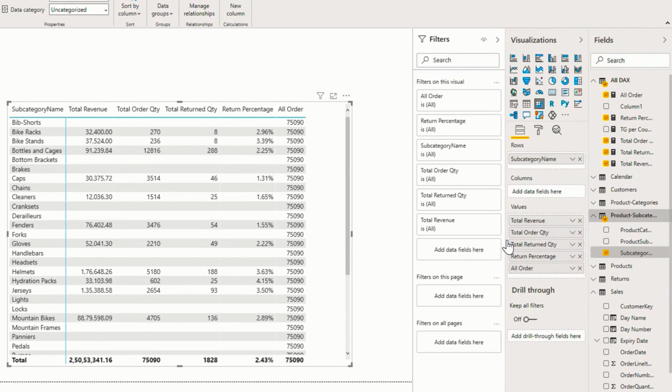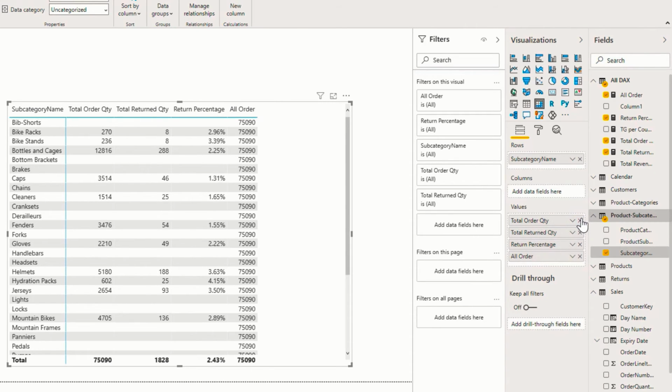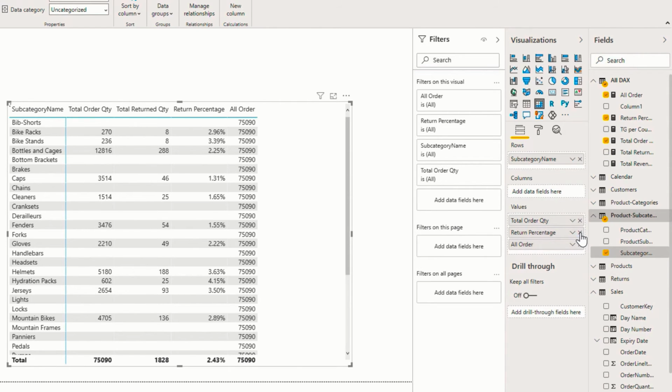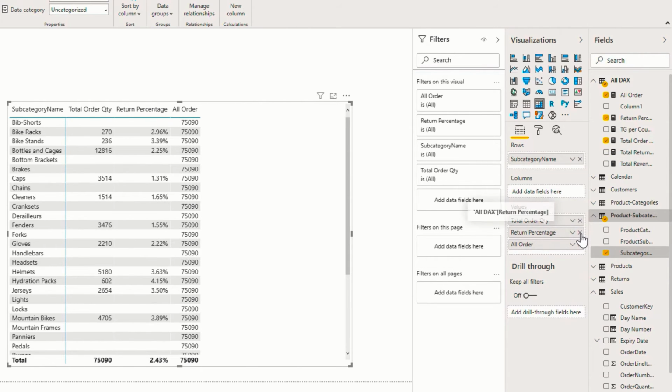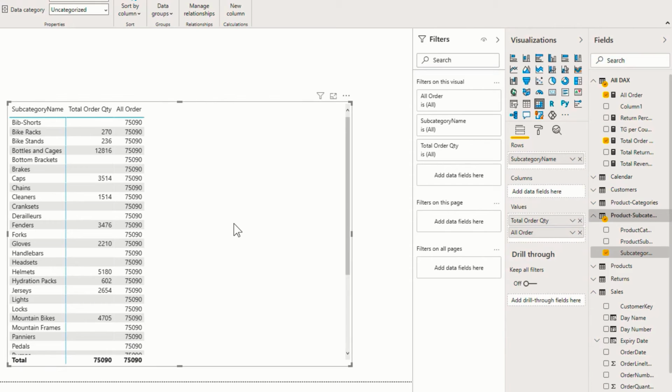Now for this demo, let me remove all other columns from this matrix. So I will remove total revenue, and then total returned quantity, and then return percentage as well, so that we only have the required columns that we are considering for this example.